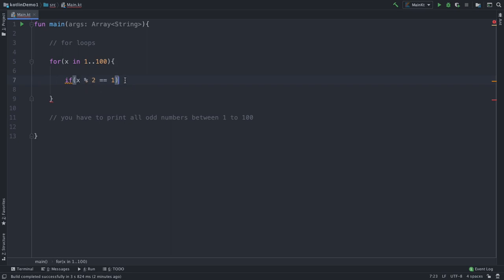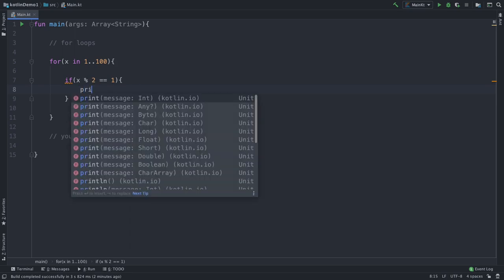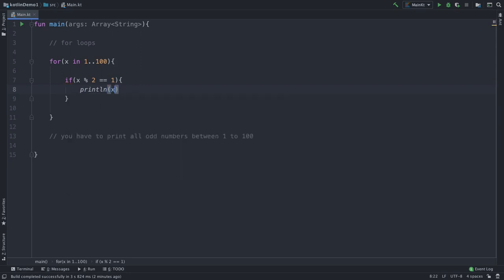A number is odd when the remainder is 1 when we divide it by 2. So if x modulo 2 is 1, then we print x. That's it: for x in 1 to 100, if x modulo 2 is 1, the current number is odd, and we simply print it.